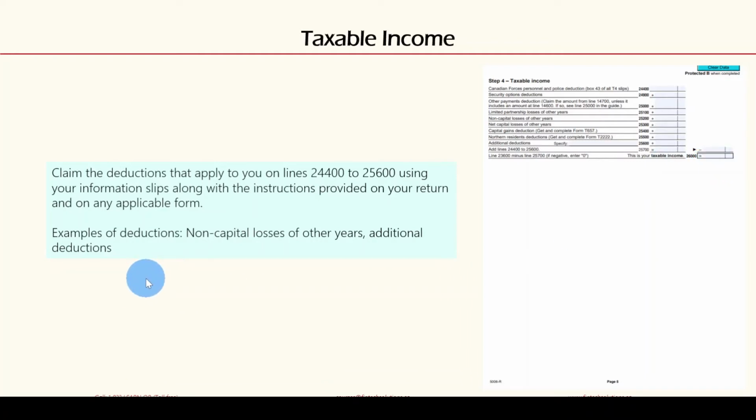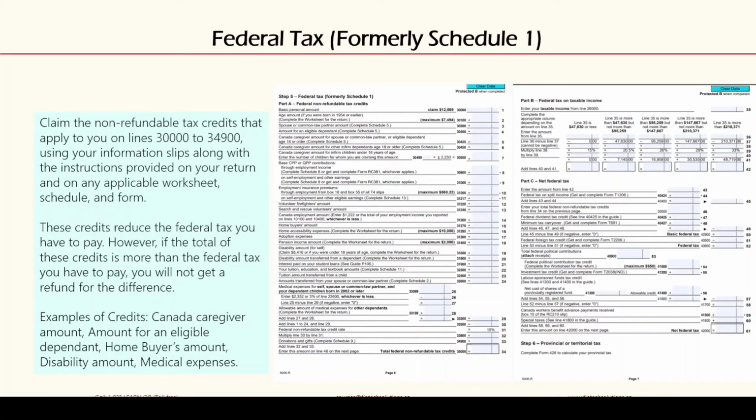What could be examples of further deductions? If there are non-capital losses of other years for the taxpayer, additional deductions, they all go and sit, and you are ready with line 26000, which is the taxable income. Well, once we have the taxable income, then comes step number 5, which is going to be about federal tax. Formerly, it used to be Schedule 1, and I know you guys are pretty eager on the federal tax,